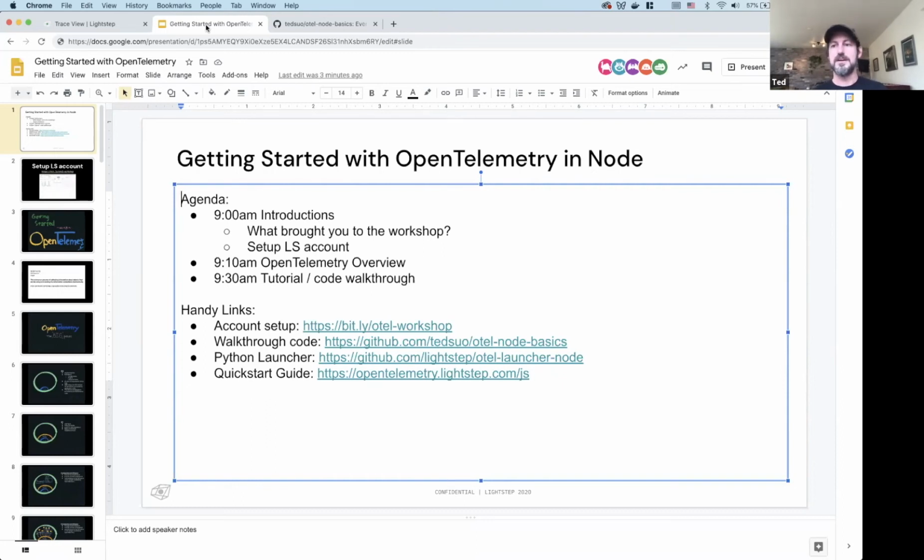And yeah, so to kick off introductions, my name is Ted Young. I work at Lightstep these days, but you'll probably recognize me more as one of the OpenTelemetry co-founders. So I ran the Open Tracing project for a long time, and then helped to merge it with the Open Census project to create OpenTelemetry, and been working on that for the past couple of years. And we're getting close to release candidate for tracing. So this is a good time